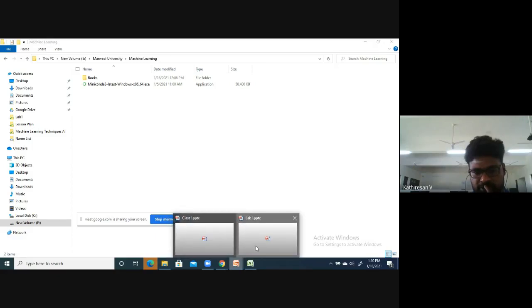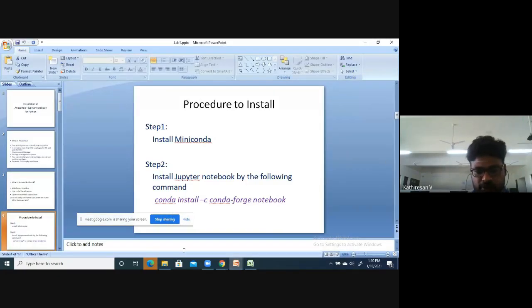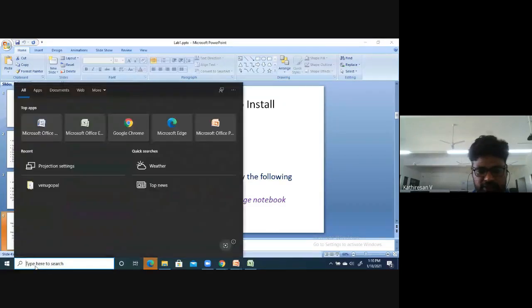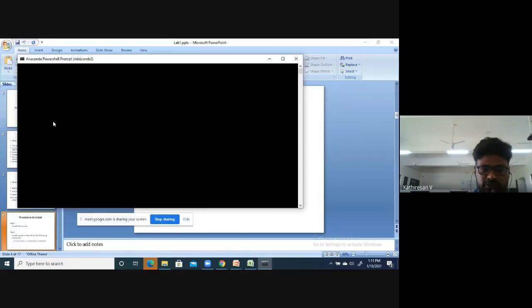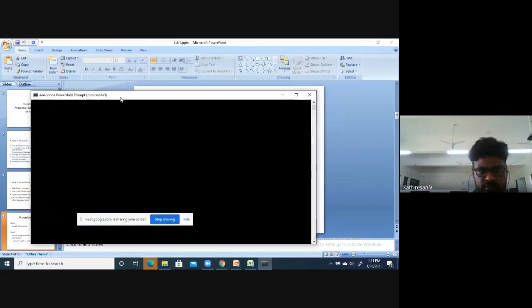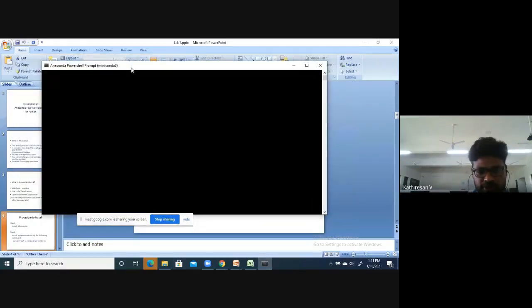Once you have installed it, you have to open the Miniconda shell. That you have to know. If you search Miniconda or Anaconda in the search box, you will get this PowerShell prompt for Anaconda. Once you get it, you have to open it, and you will get this window.